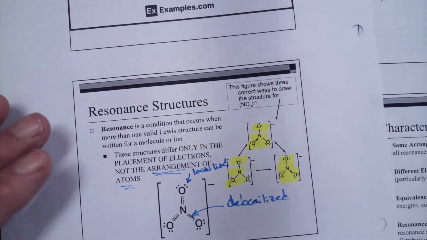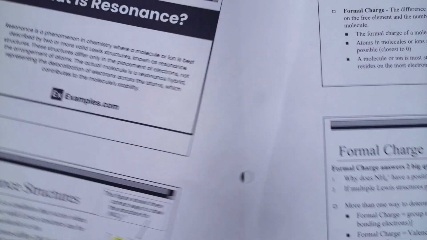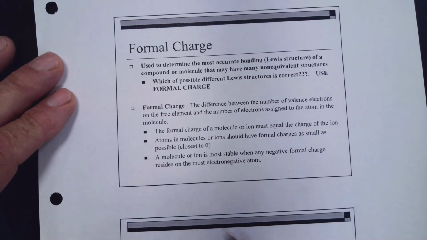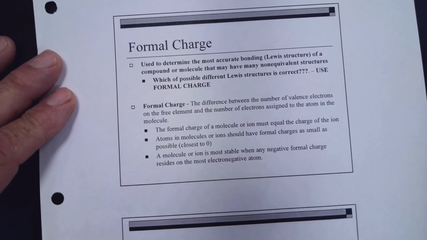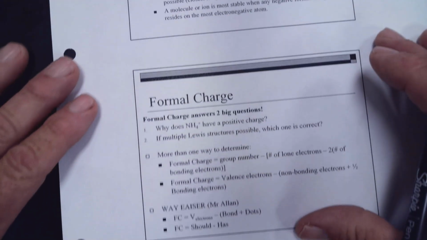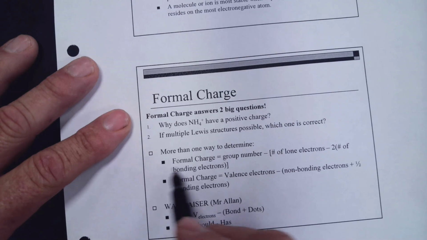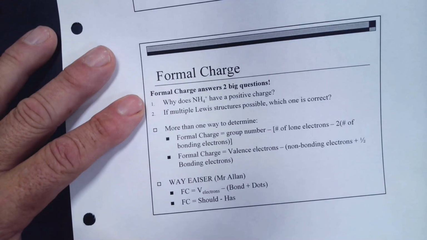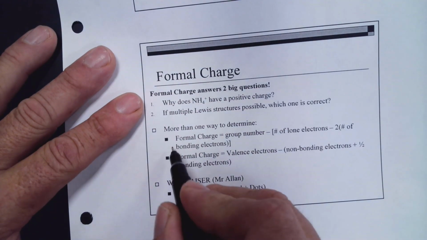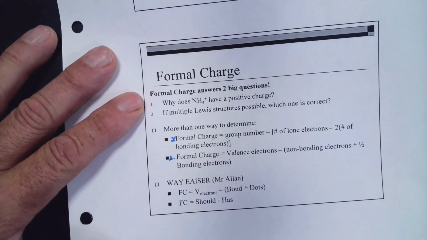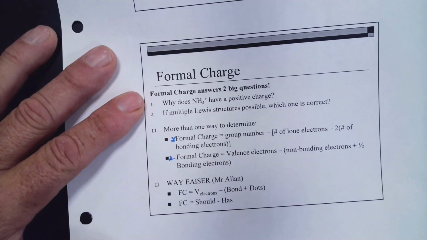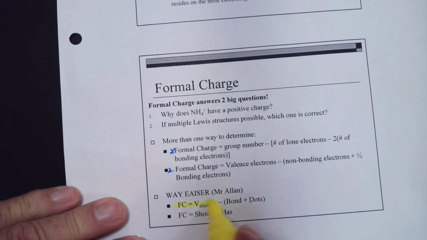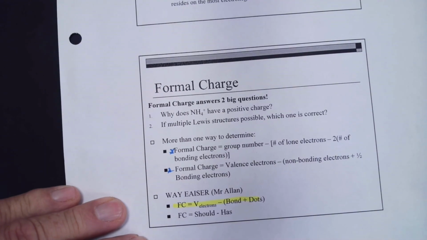And to figure out which is the best structure, we're going to use something called formal charge. Basically what we're doing is it will help us determine what is the best structure to have. And we can do that by using a formula, and they give a ton of different formulas, different ways to do it. If you look at different videos, different books, they're all showing different ways to figure out the formula. I think this one right here, and this is the one I'm going to use in my examples, and it's the one I use in my homework, is when I figure out formal charge, I'm using the number of